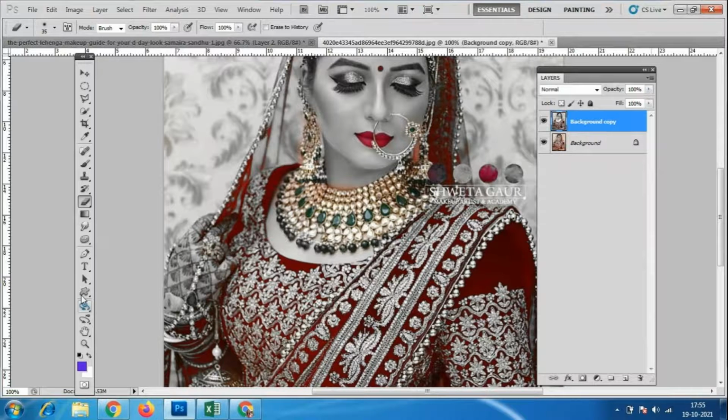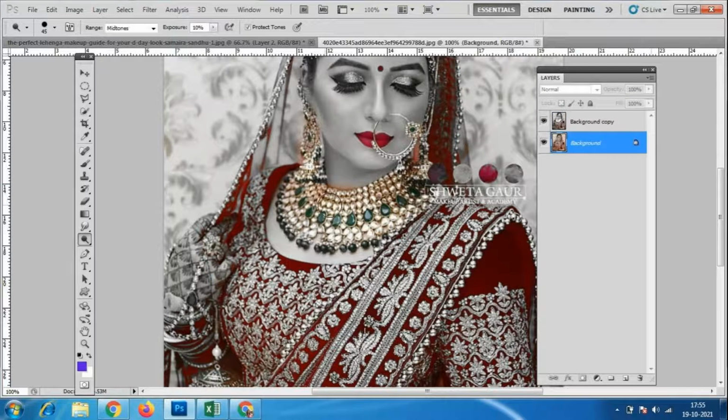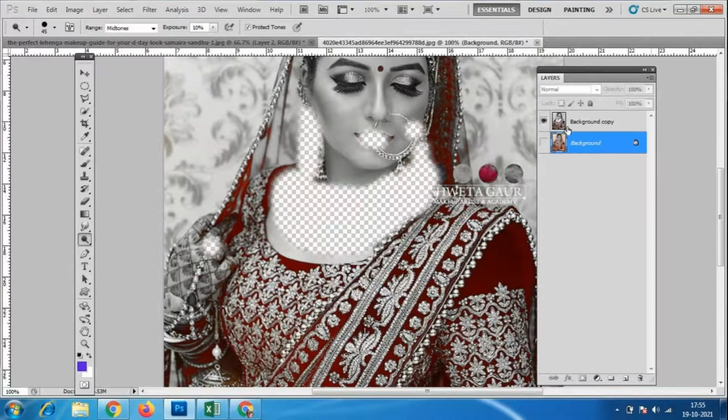And with this, we have the tool called the dodge tool. I'll reduce the brush size and make it a little brighter. It is not working here because I have erased things over here. So I'll go to this background layer and make it bright, because it is erased over here and nothing is here.